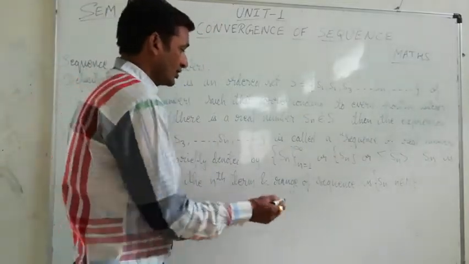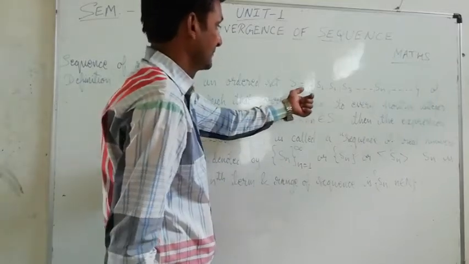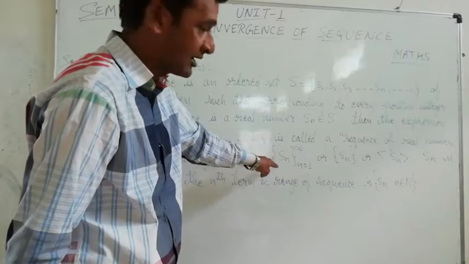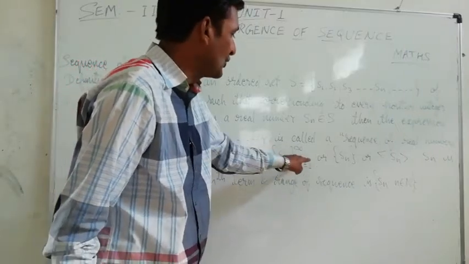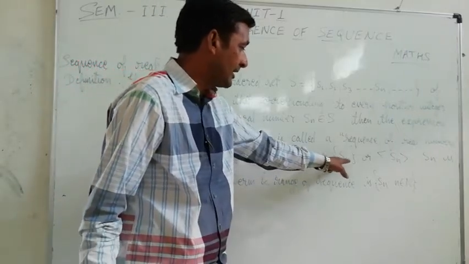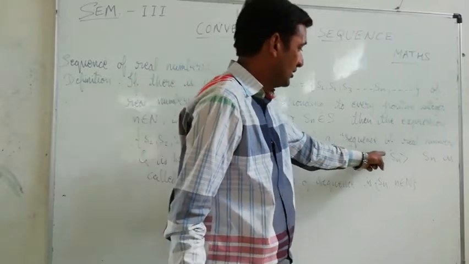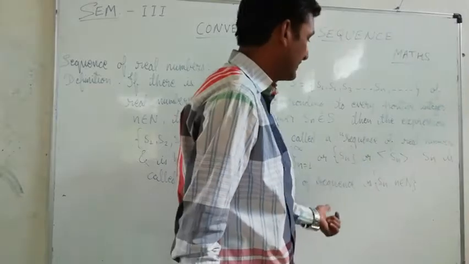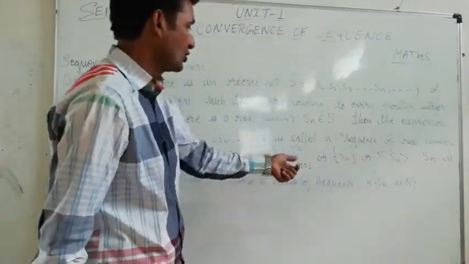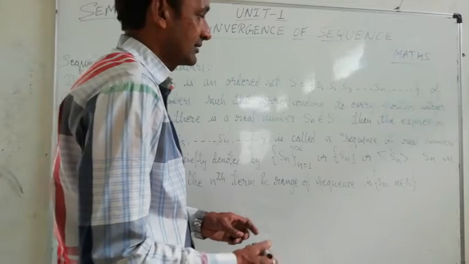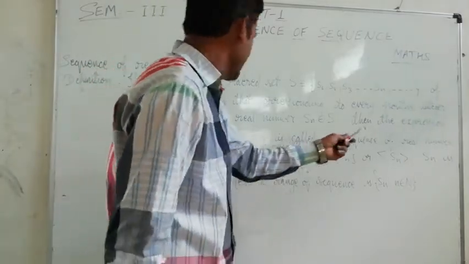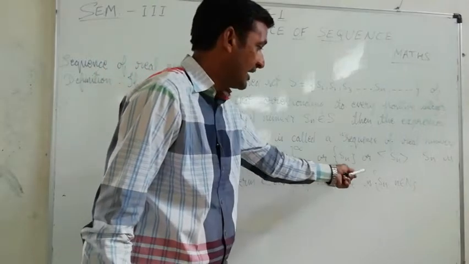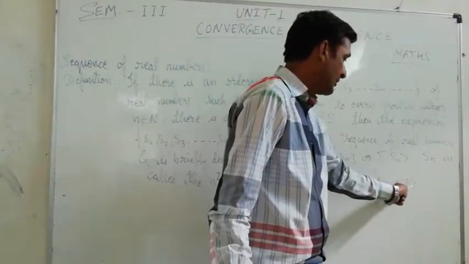This is also the denotation for a sequence: it may be written in curly brackets as {Sn} from n = 1 to infinity, or simply {Sn}, or such a type of symbol in which you may assign this Sn. Then it is the notation of a sequence of real numbers, and Sn is called the nth term and the range of the sequence Sn such that n is an element of N.